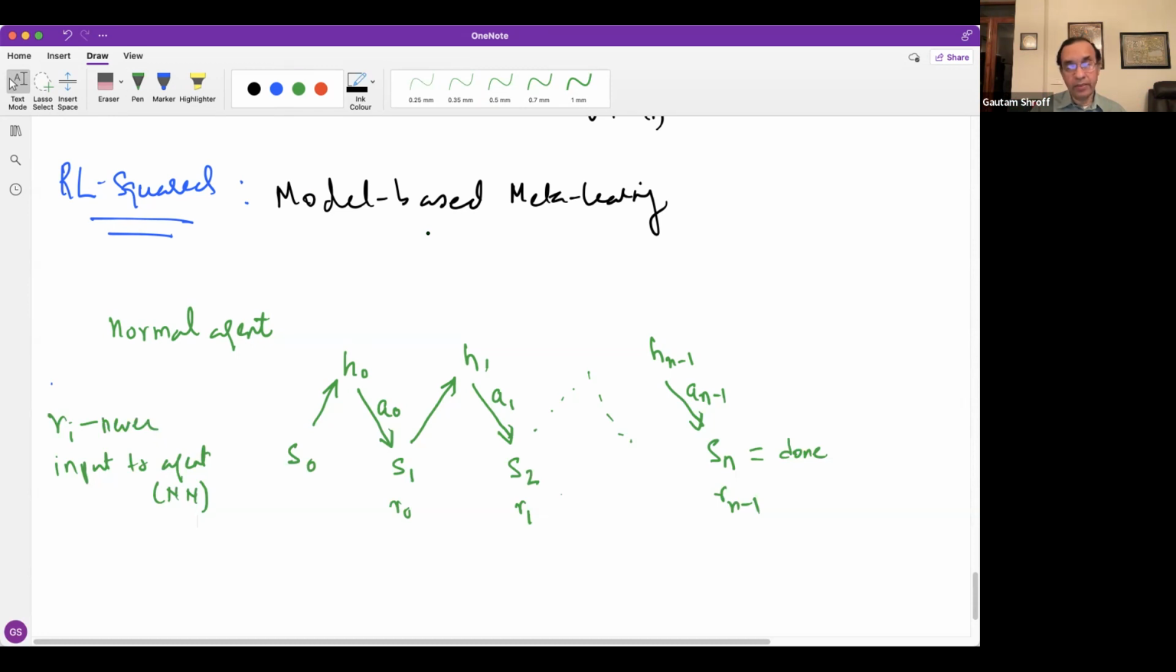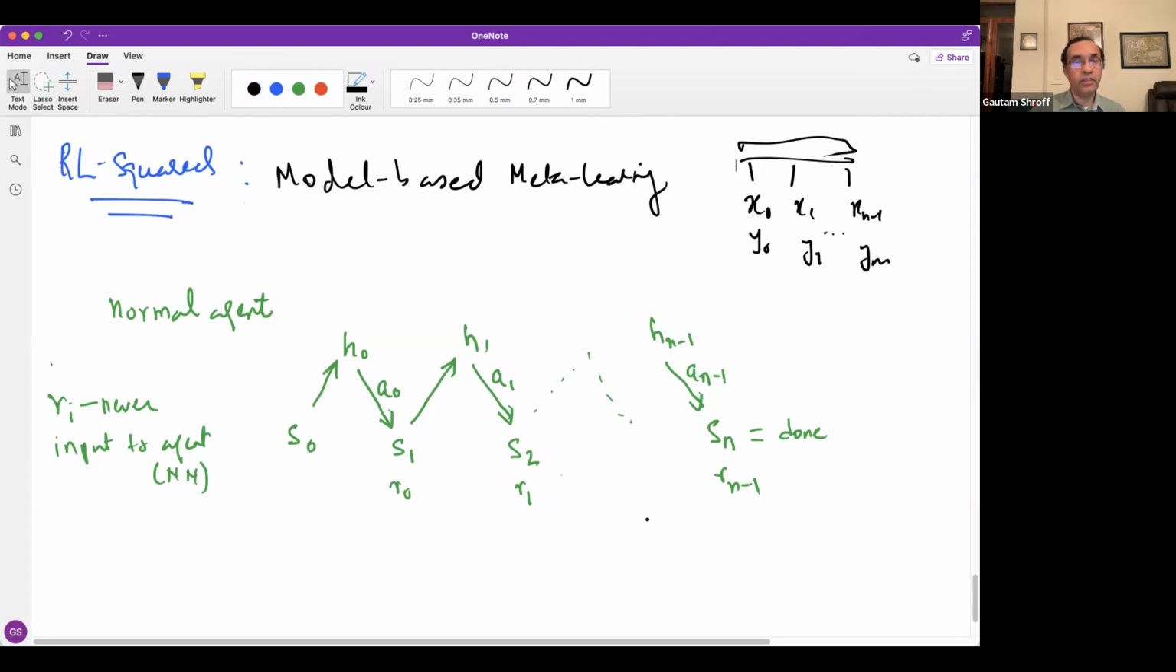But in meta learning, in model-based meta learning, if you remember, we were passing in x0, y0, x1, y1. That's what you are all doing with your CNP, xn minus 1, yn minus 1. You're passing it into something, so it's getting labels for the training data also. The counterpart of labels here is the rewards. So the natural thing to do is,